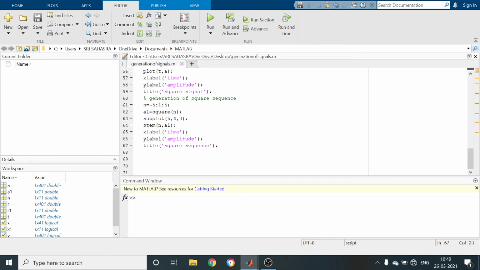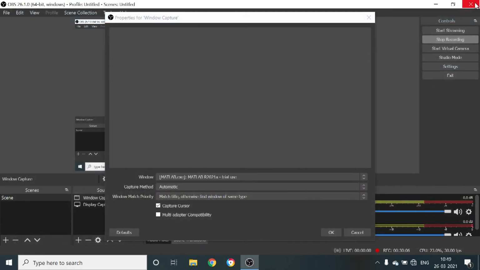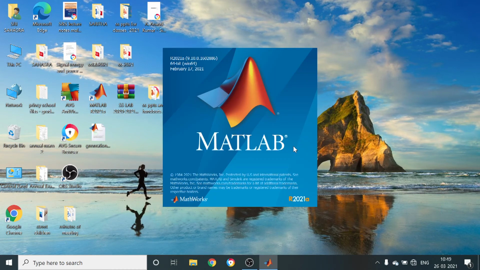Next we have to generate the sawtooth signal.